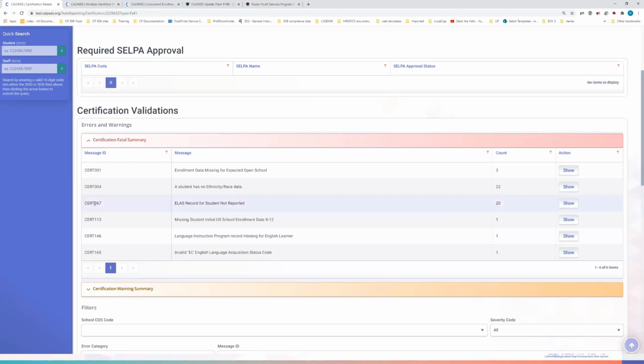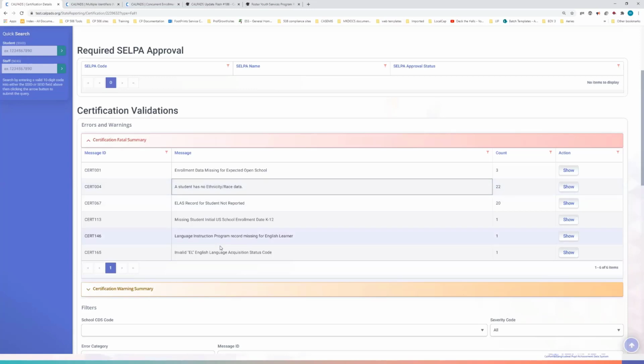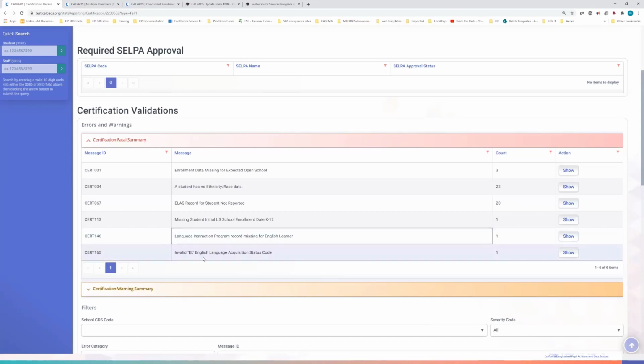So for example, you have Cert 67. It appears we haven't submitted any ELAS status for 20 students. For race and ethnicity, we haven't submitted the synth record of the student. And then for Cert 146, we didn't report an LIP program for an EL student. And then Cert 165 this year is new. It says invalid EL English language acquisition status code for an EL student. So for Cert, we will discuss each of these errors. So let's start with